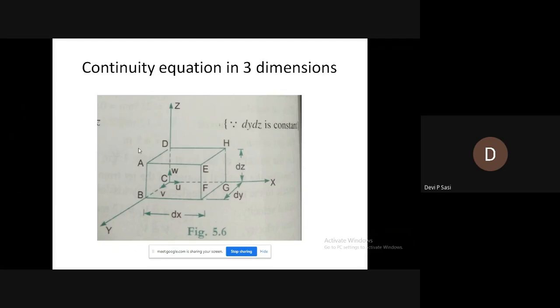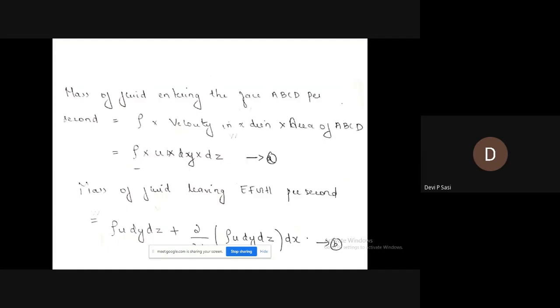So the mass of the fluid entering ABCD per second can be written as rho AV. Earlier when I explained, I said mass can be written as rho 1 A1 V1. Similarly, it is the same step. That is, the mass of the fluid entering the phase ABCD per second can be written as rho into velocity in x direction into